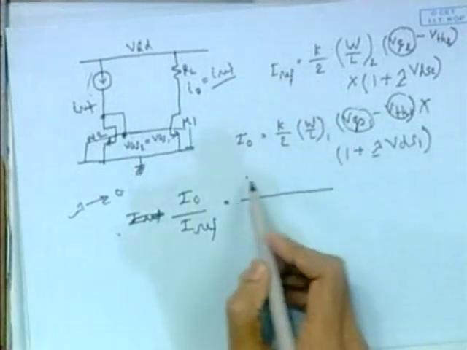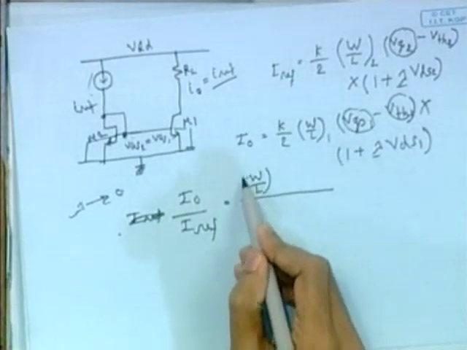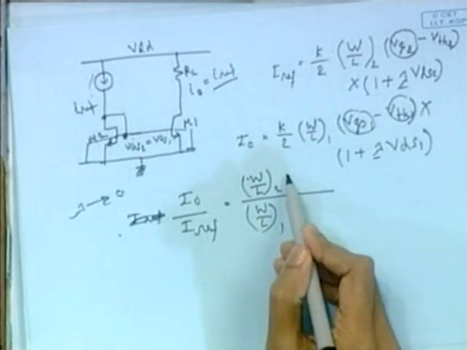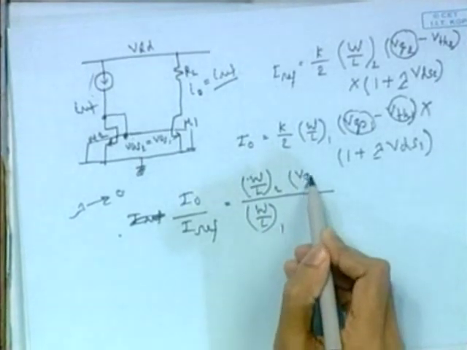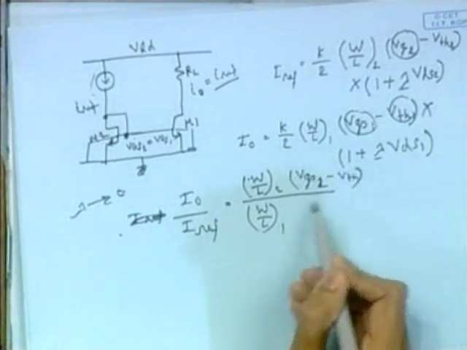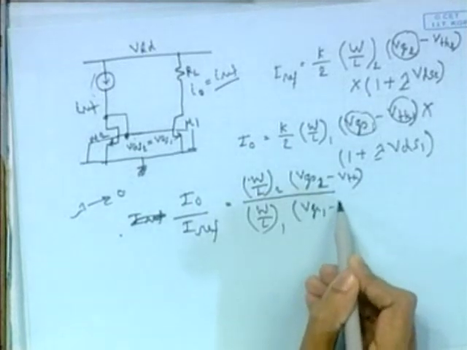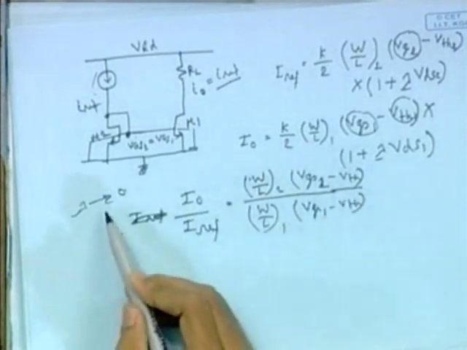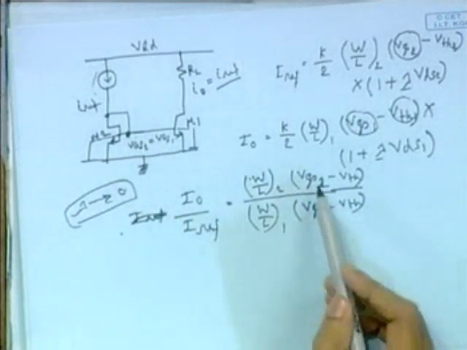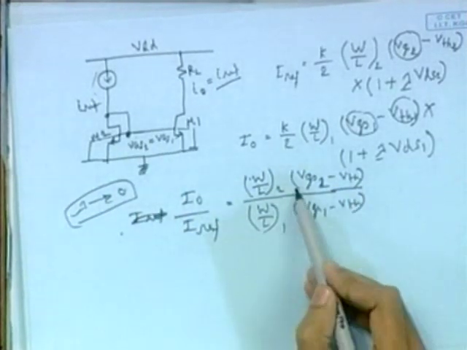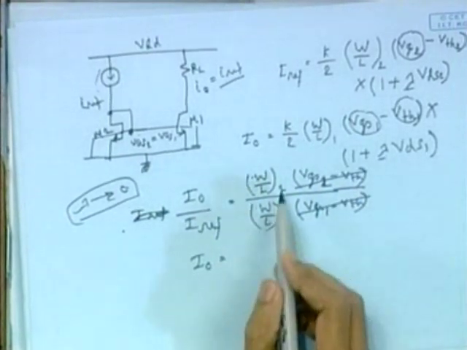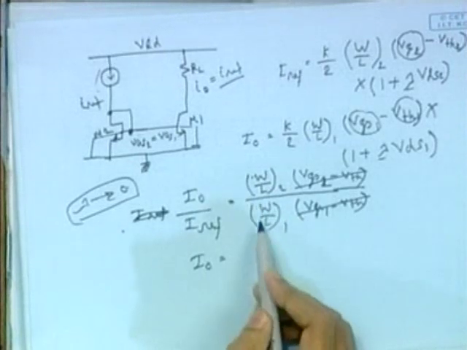This K will go, W by L2, this one, VGS2 minus VTH, VGS1 minus VTH, assuming lambda is almost 0. As our gate voltages are the same, VGS2 equal to VGS1 and VTH are also the same, so these two get cancelled. So I0 will be the ratio of their W by L ratio,